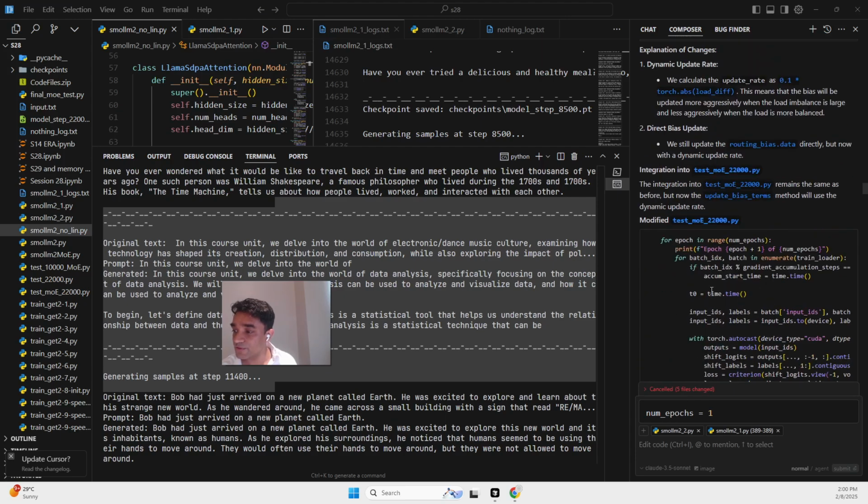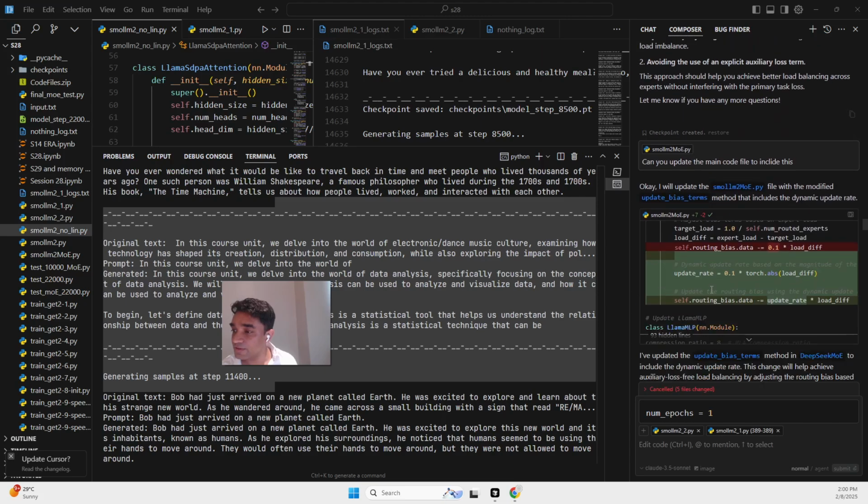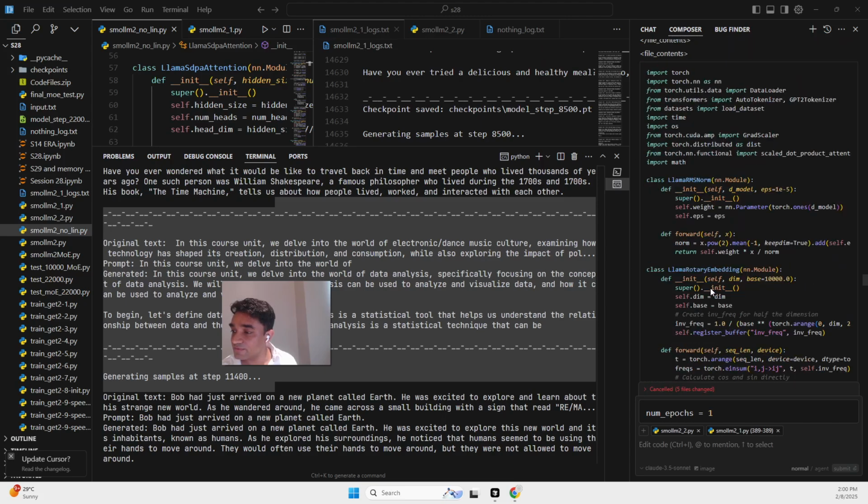This was the auxiliary loss, so that is MoE. After that, we can have the main code, fair enough. Then